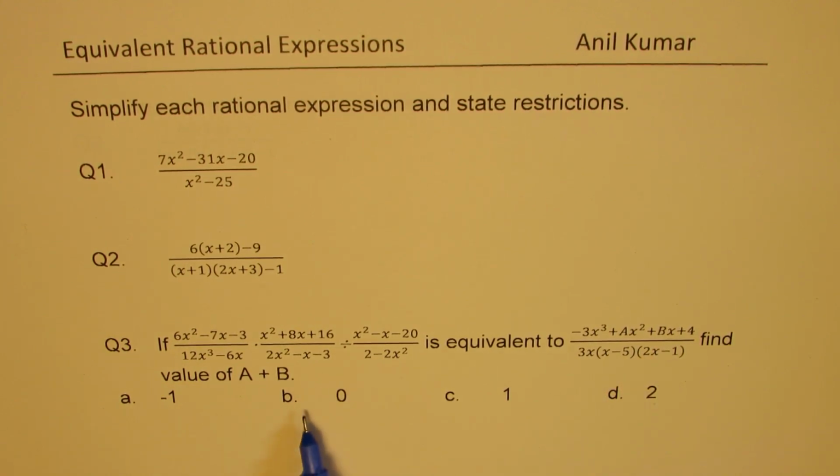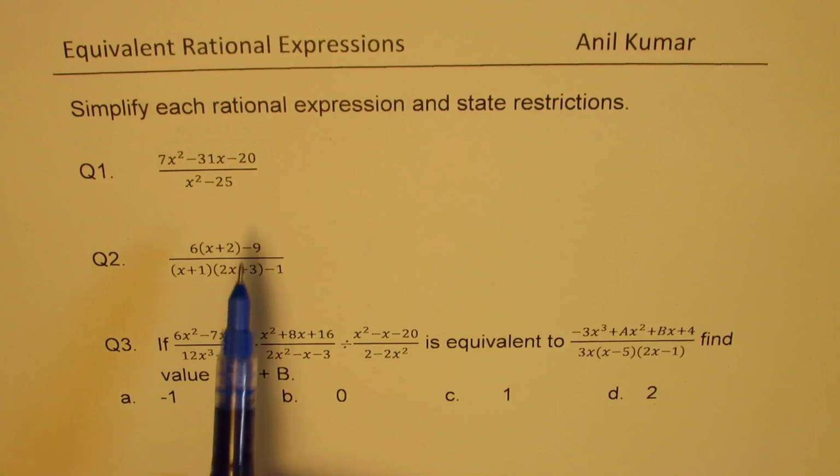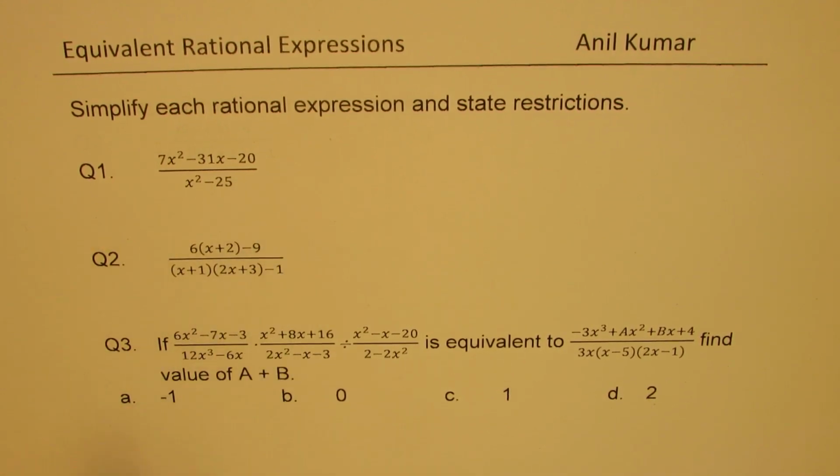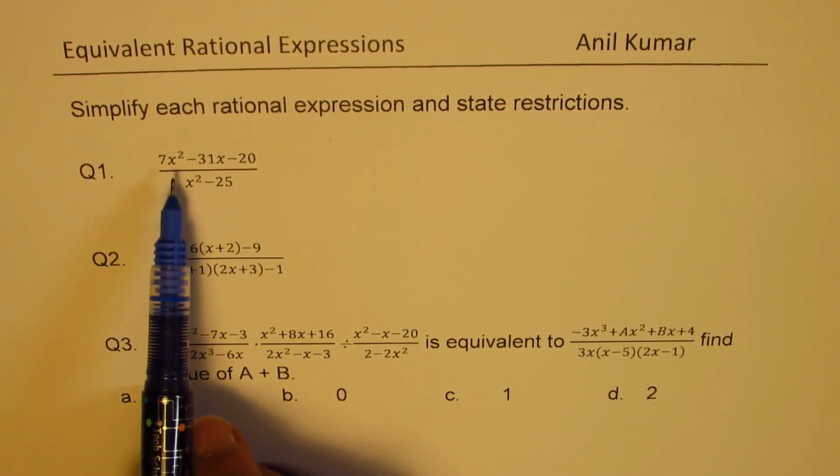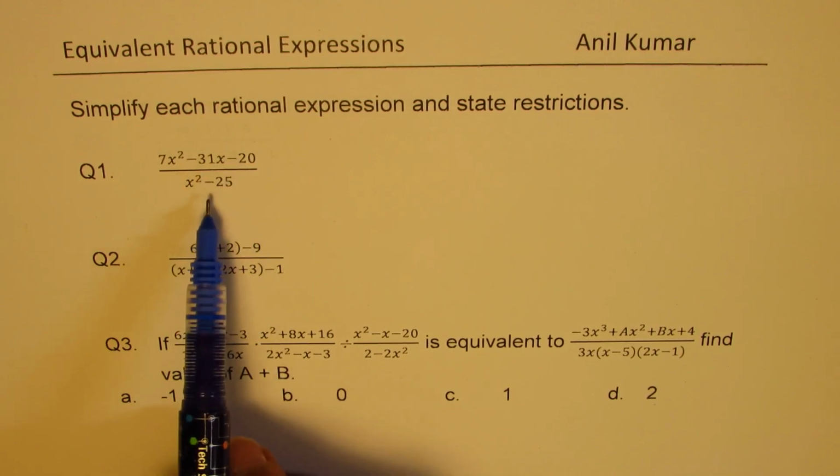And I have created a multiple choice question. Your options are a plus b is minus 1, 0, 1 or 2. Correct? You can now pause the video, answer the question and then look into my suggestions. So let's begin with the solution of the very first one, which is we need to factor numerator and denominator